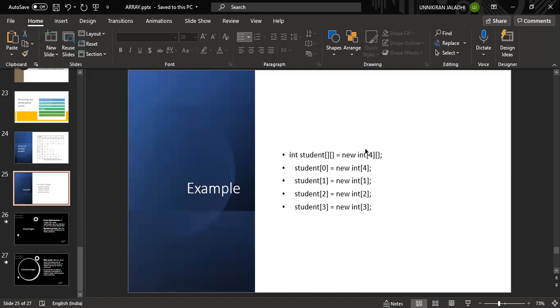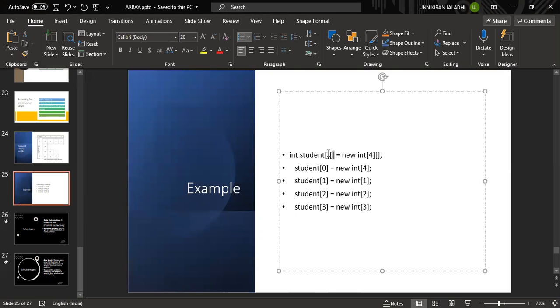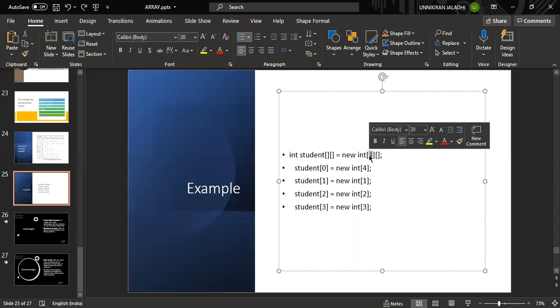See this. Student is a 2-dimensional array consisting of data type integer. What I did here is that only one thing has been assigned. What is a 2-dimensional array? A 2-dimensional array is an array of arrays.